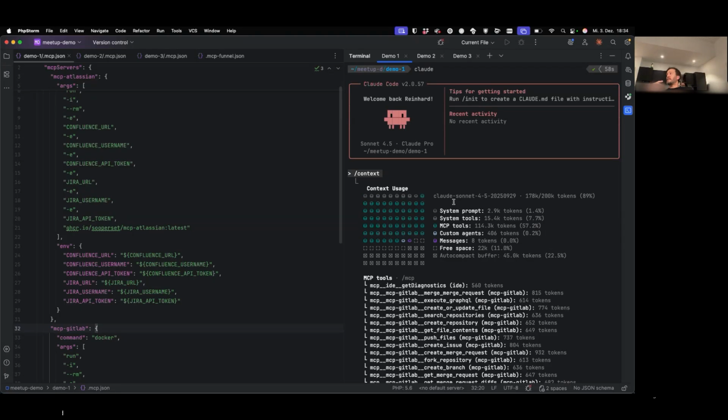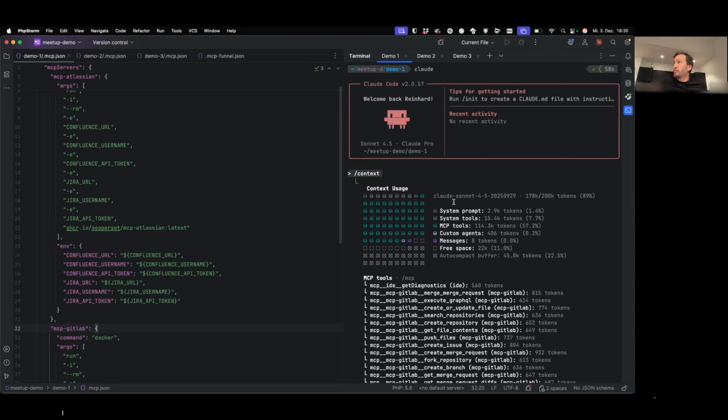It depends a little bit. Sometimes it's 93, sometimes it's 91. And as you can see, there is this nice chart, and you can see that the main point here is MCP tools. So MCP tools are using a lot of context when you load them. It depends on the tools they provide, but looking at, for example, GitLab especially, providing 109 tools in total for interacting with GitLab uses a lot of context.